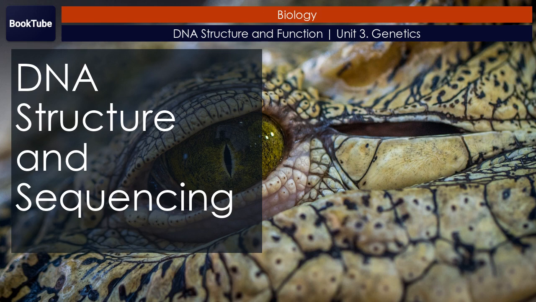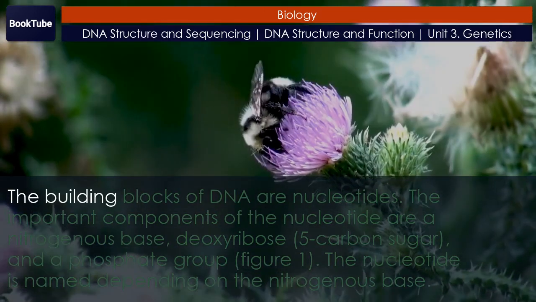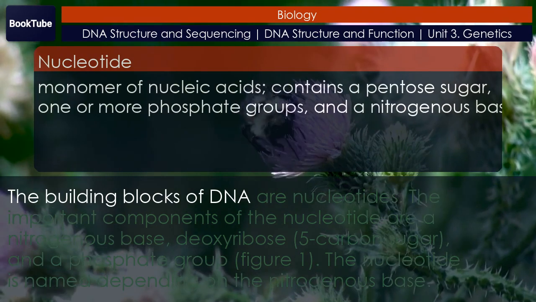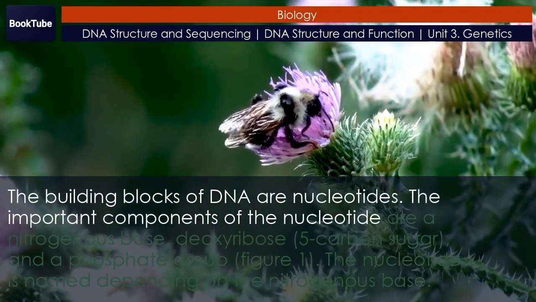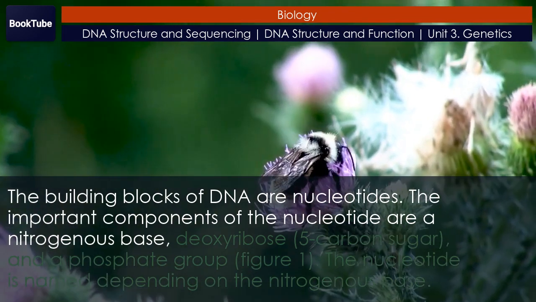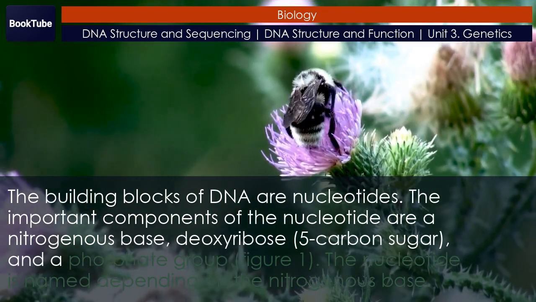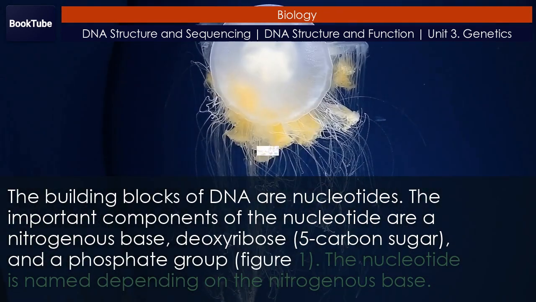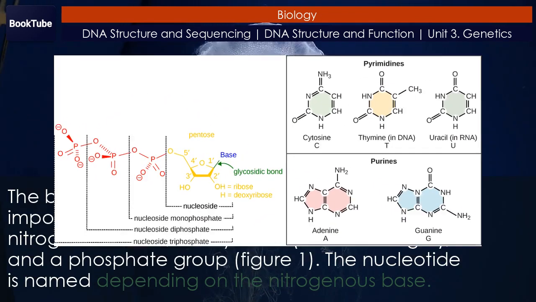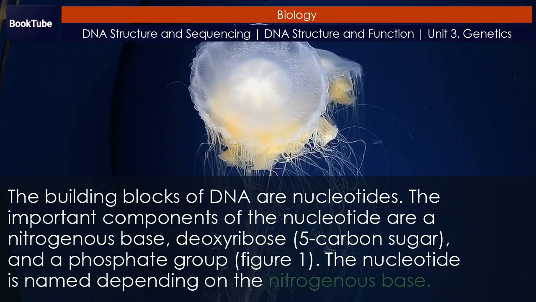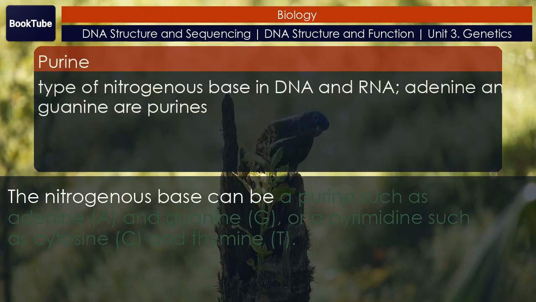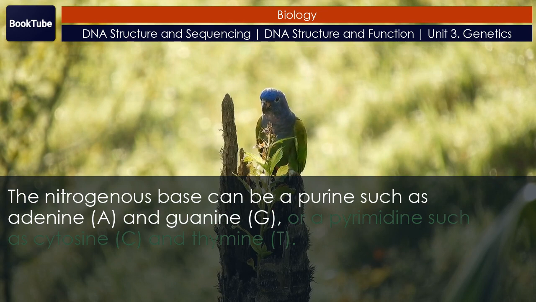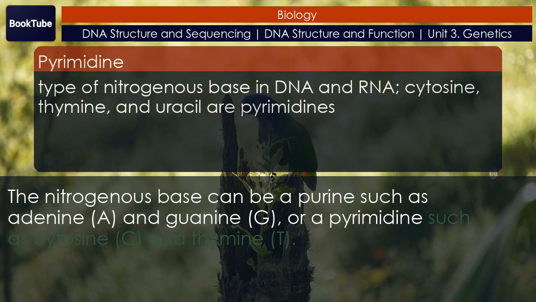DNA structure and sequencing. The building blocks of DNA are nucleotides. The important components of the nucleotide are a nitrogenous base, deoxyribose, a 5-carbon sugar, and a phosphate group. Figure 1. The nucleotide is named depending on the nitrogenous base. The nitrogenous base can be a purine such as adenine, A, and guanine, G, or a pyrimidine such as cytosine,